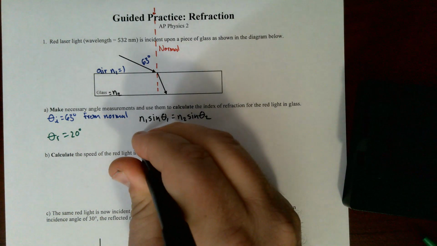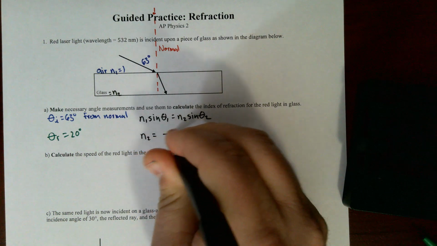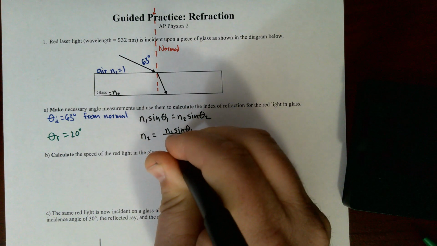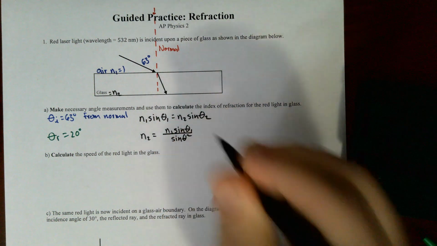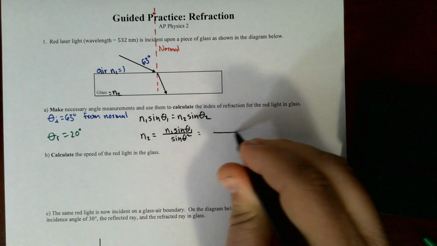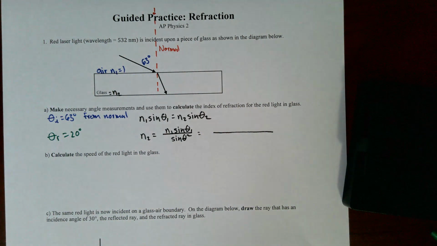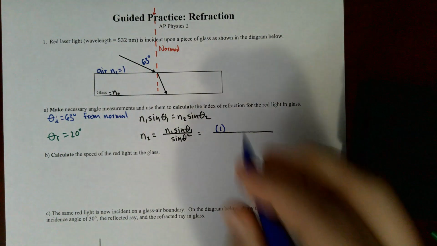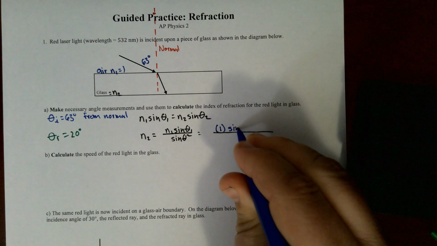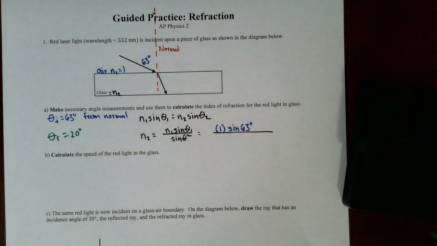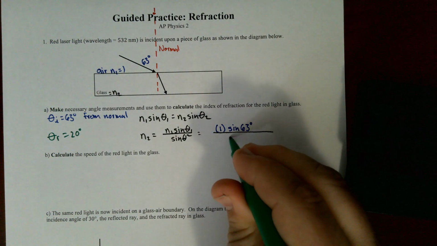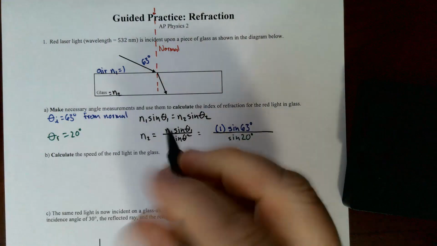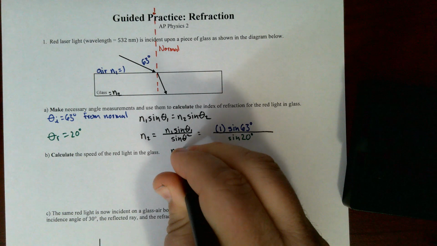So I know everything I need to use Snell's law to solve for N2. Let's write it out like this: N2 equals N1 sine theta 1 over sine theta 2. Then let's do our substitution. Even though N1 is 1, I'm still going to write my substitution, like I didn't just forget about it. Sine 63 degrees over sine of our refraction angle, sine 20 degrees. And so we then get N2 equals